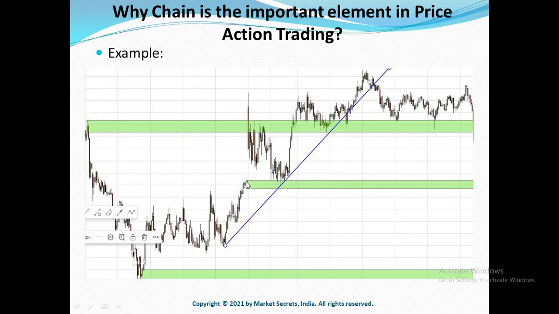So this is the origin of a gap. So this particular zone will be a new demand zone and this demand zone had already taken out this particular supply zone. So this demand zone had become valid. So you can mark this new zone here and you can remove this supply zone. So the price gaps up, it creates a new demand zone, it takes out an existing supply zone, then it started dropping and it fills the gap. So the price fills the gap and it hits the new demand zone and it bounces back again.